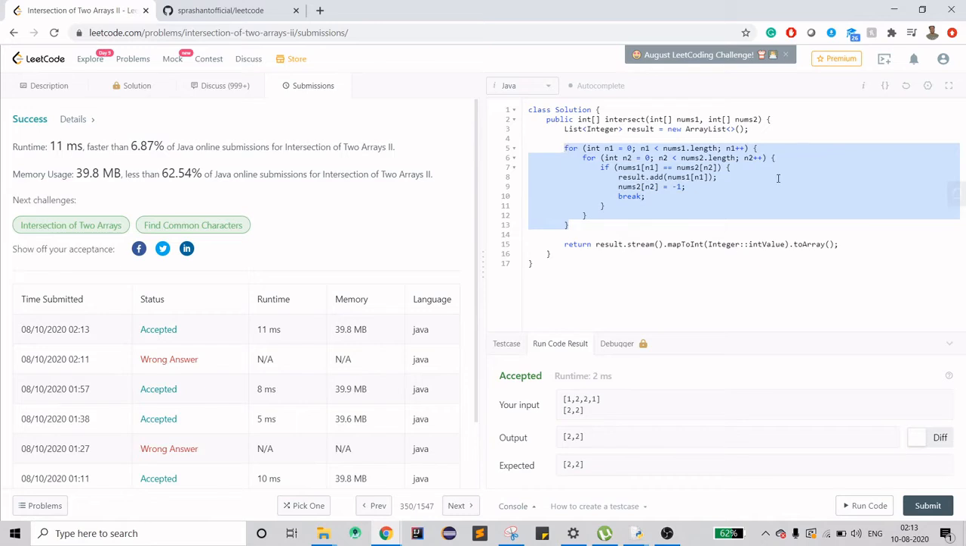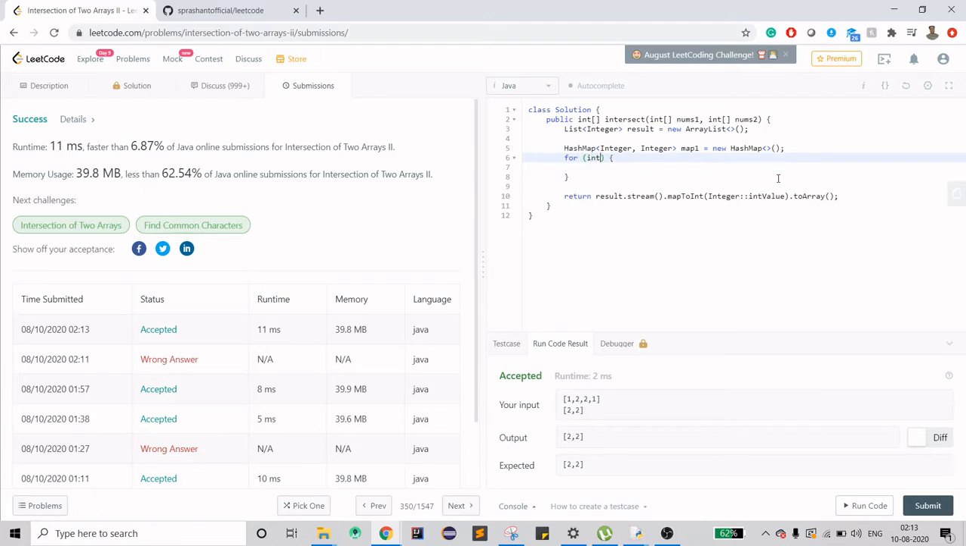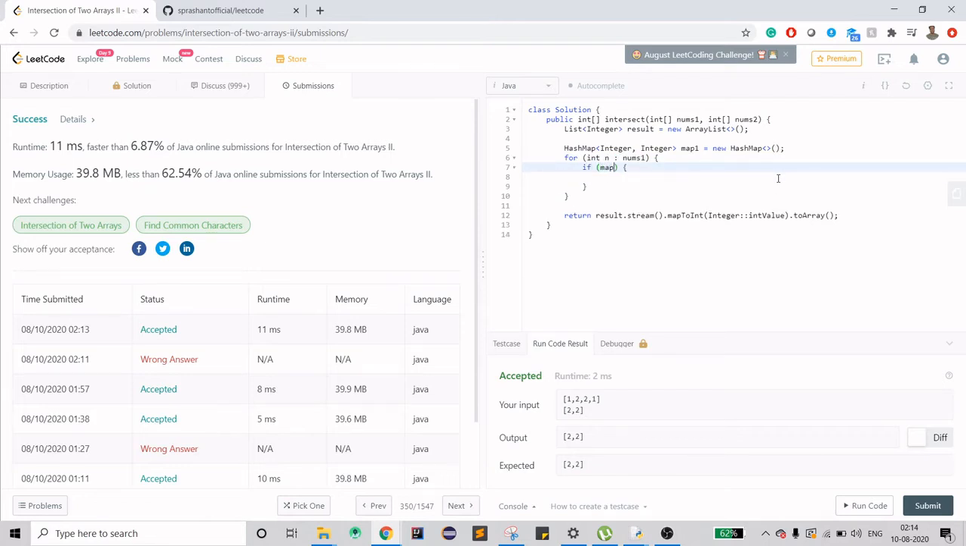So again, I need my list there, so I'm not going to change that portion. I'll just quickly create two hash maps. And first what we need to do is we just need to insert the values to both hash maps, right? So let's quickly do that. Okay, so a Java for loop, for int n in nums1,